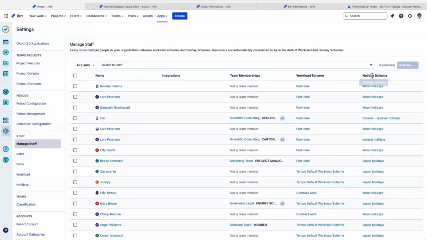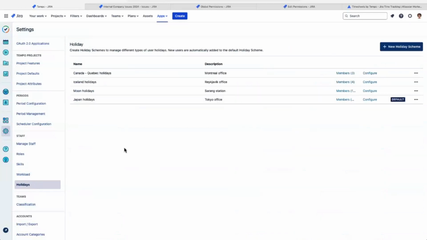And as you see, there's also holiday schemes here. And you assign them the same way that you do the workload schemes. But if you want to create them, you go to this page. So these schemes define the public holidays for each geography or office location. If you have multiple offices in your organization, you need to create a separate one for each country and then